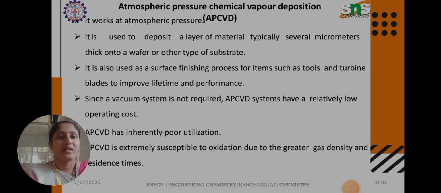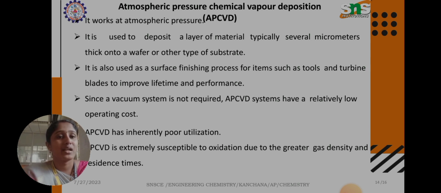Atmospheric pressure chemical vapor deposition. It works at atmospheric pressure. It is used to deposit a layer of material, typically several micrometers thick, onto a wafer or other type of substrate. It is also used as surface finishing process for items such as tools and turbine blades to improve lifetime and performance. Since a vacuum system is not required,